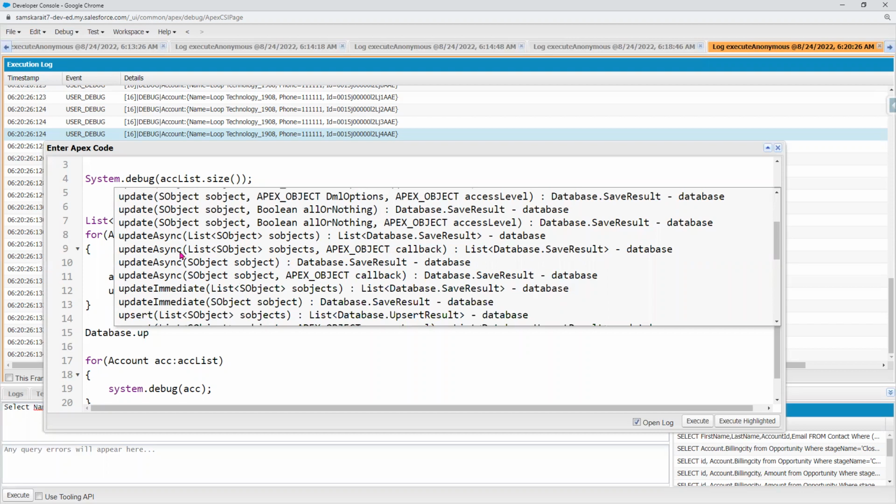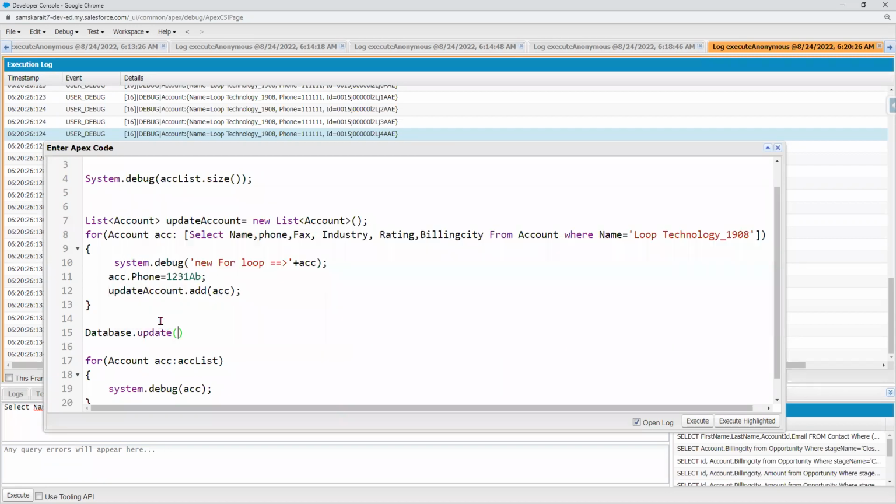Sometimes what happens is if there are any other processes running, then this update is going to wait. If I do not write update immediate and just write update, then it is going to wait for the other process to complete, then update. But if I say update immediate, it is going to update as soon as the data is set. We'll see what the differences are. But right now, what I wanted to explain is, when we have an update,